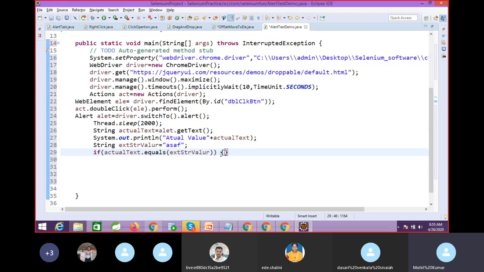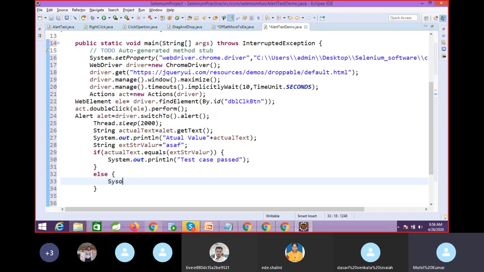Okay, so now I am adding these steps. If they match, test case passed, and I will give the else condition also: test case failed.